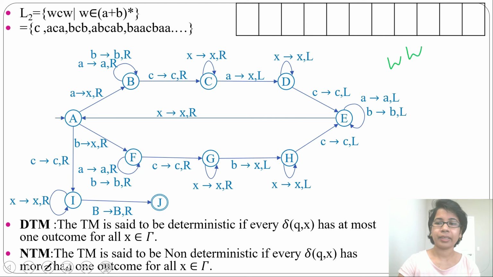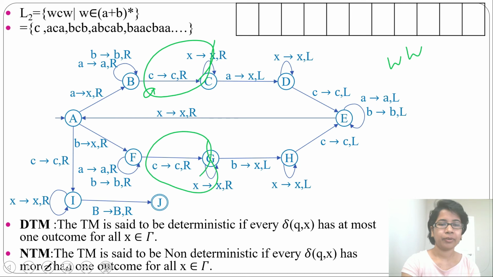Till now I discussed all deterministic Turing machines. For WW, you can design a non-deterministic Turing machine. As here you need to add a transition, means this part you need to remove, and here this part you need to remove. For A will be X and it will move right. Then for B, it will skip, it will move right. Now for A will change to X and it will move left.